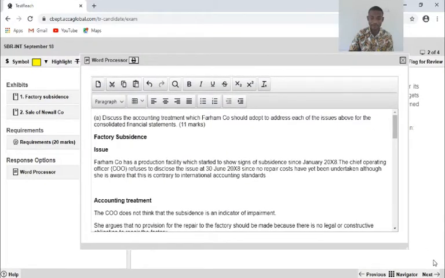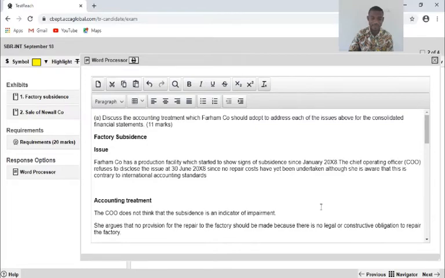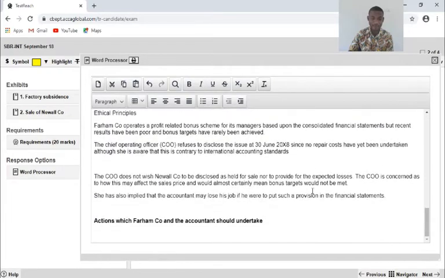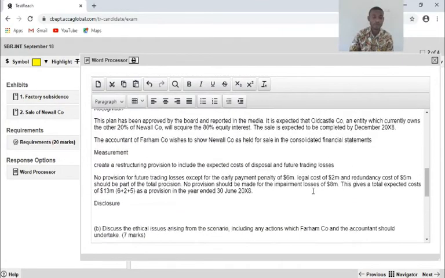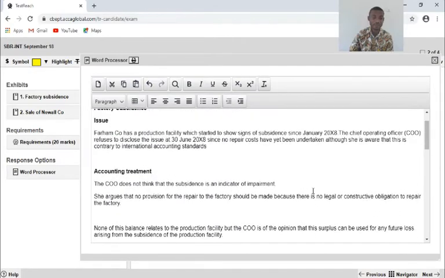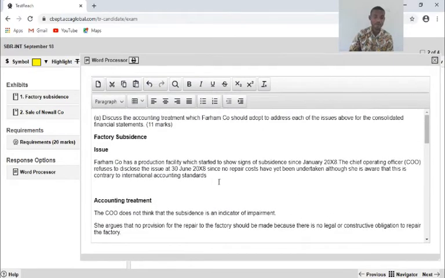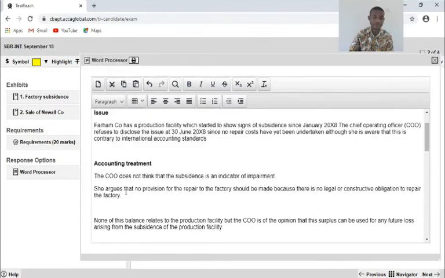Look at the work we have done. Just planning your answer, and I would entreat you to continue to practice with several questions and develop these skills of planning and using the content of the case in your answer plan. So what I will do is to start one after the other and look at the accounting treatment.